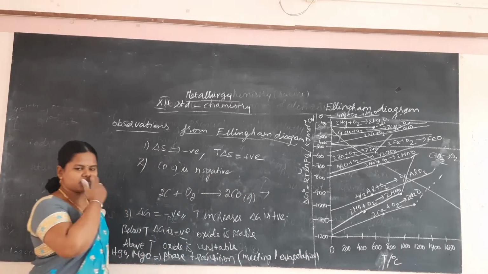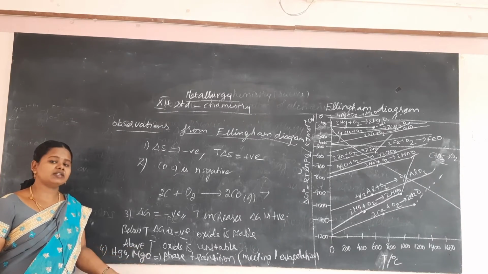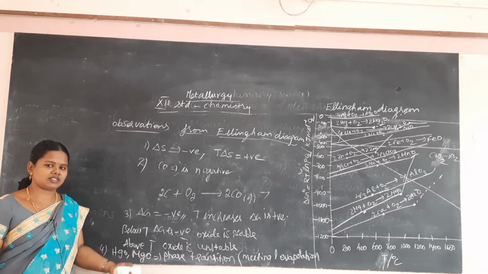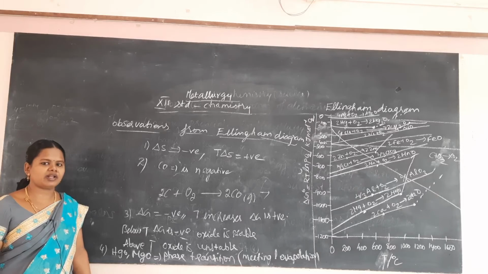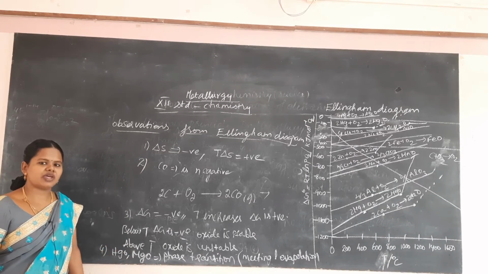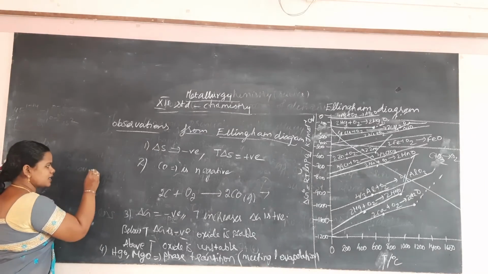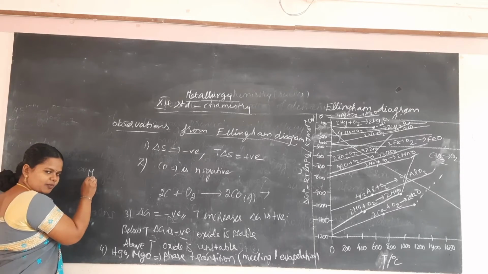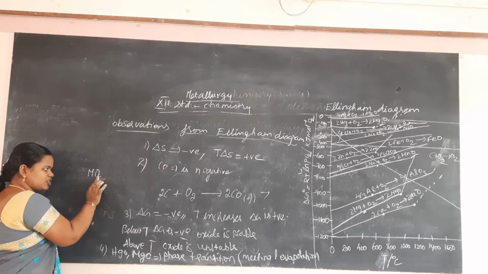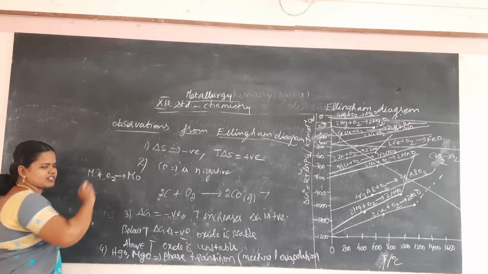I already told that the Ellingham diagram is useful in selecting the suitable reducing agent, and in selecting the feasible process or feasible pathway for a particular reduction process. The Ellingham diagram is based on thermodynamic consideration. For example, when the metal is more stable, it combines with oxygen and oxygen will remain with the metal as metal oxide.